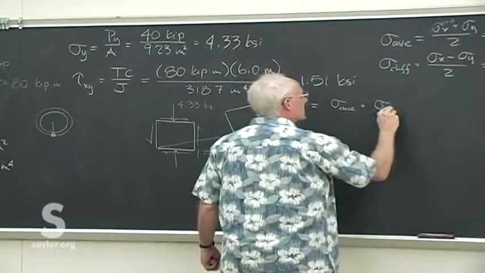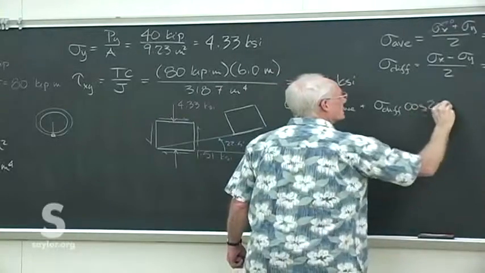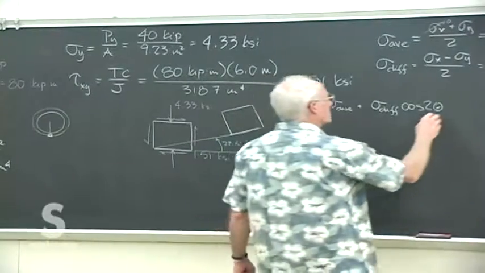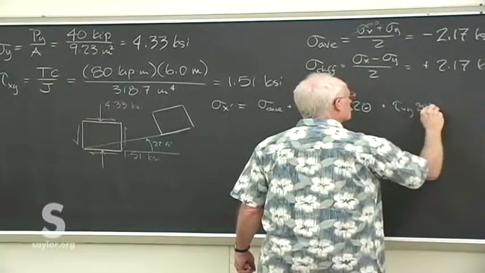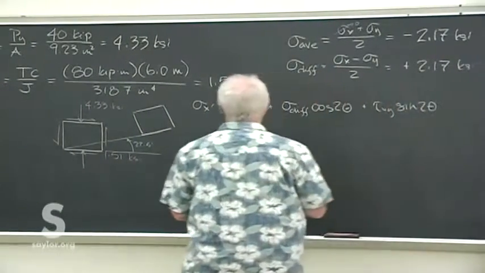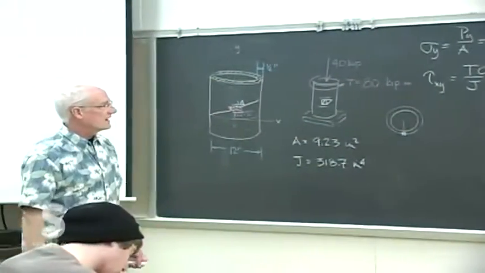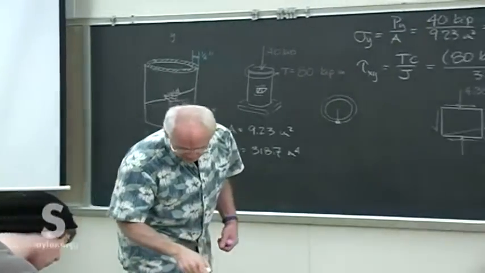So that's sigma average plus sigma diff cosine 2 theta, where theta is the 22.5 degrees, plus tau xy sine 2 theta. You can put all those values in because we've got them all now. Just put them in, calculate it. You should get